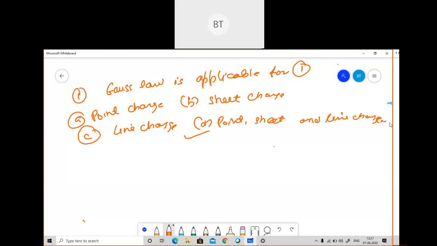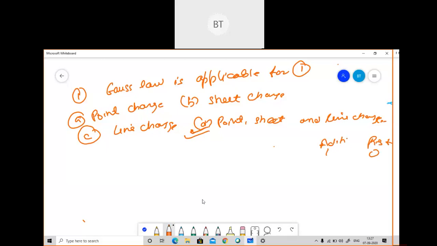That is what I was expecting from you. Very good, Aditi. Since in the definition only I have told you that Gauss law states that the total electric flux through any closed surface will be equal to the charge enclosed by that surface. So it will be applicable to point charge, surface charge, and volume charge, everywhere. From the definition only, it is clear. And she has given the correct option, and verified it also by giving her reasons. So option D is correct. So I can write here Aditi 1, rest 0.